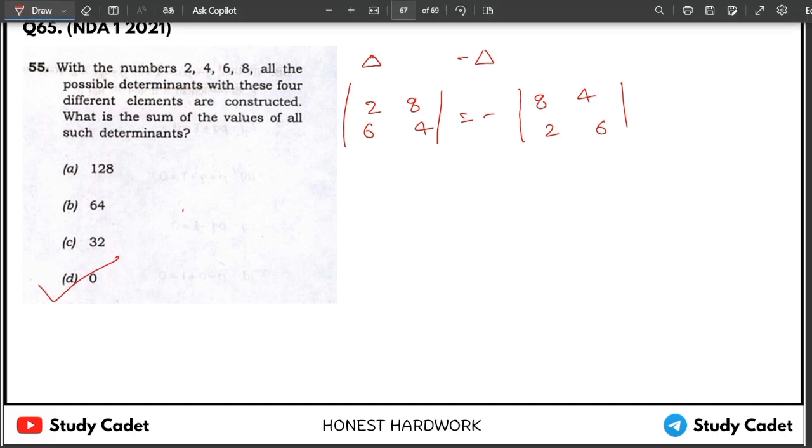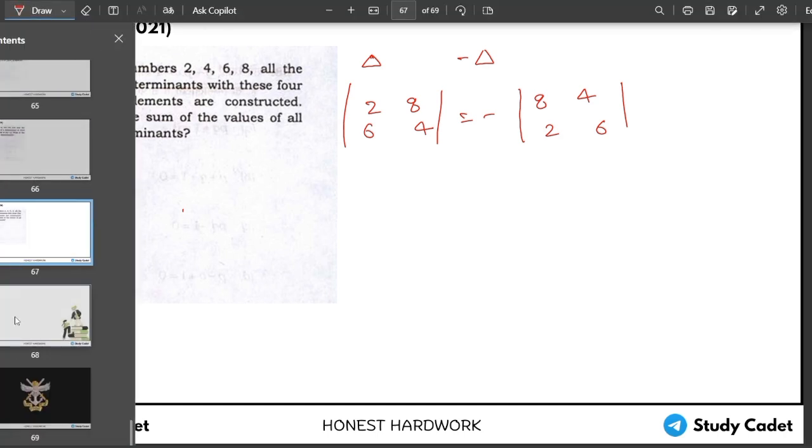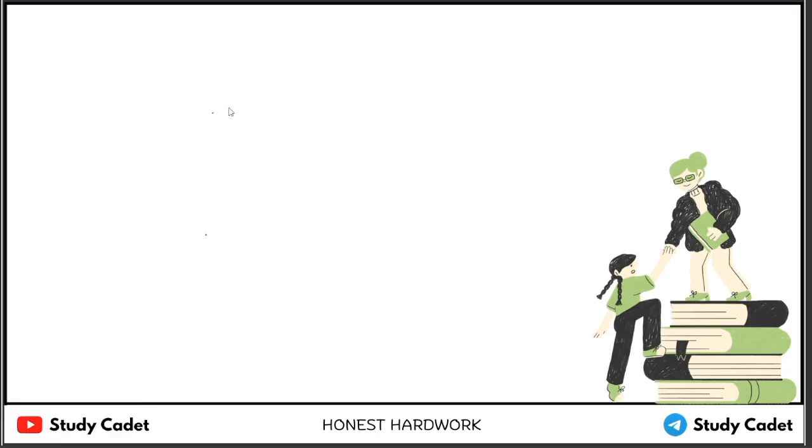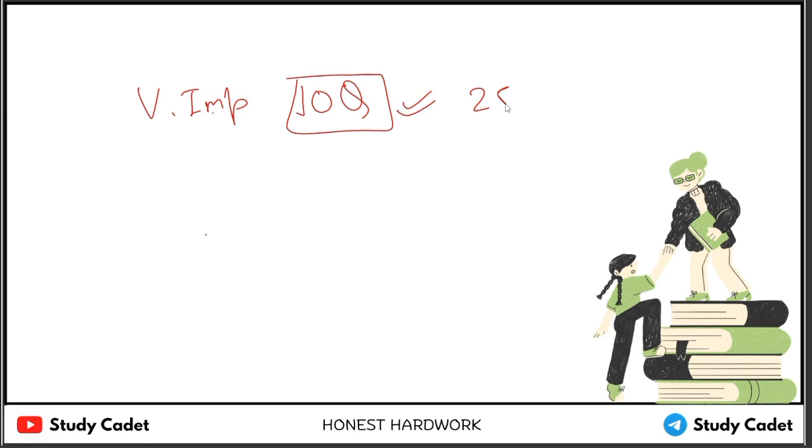So we have done all the questions of matrices and determinants today, and this is a very important chapter, right? You will see 10 questions in your exam, so you have 25 marks with this chapter. You need to prepare it, and there are so many repeated things. Repeated matrices and determinants.